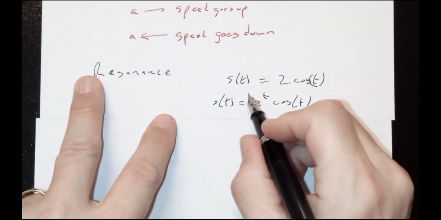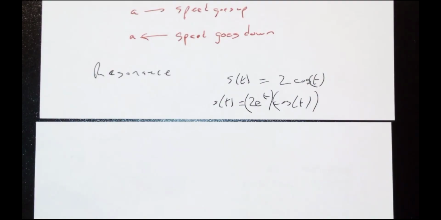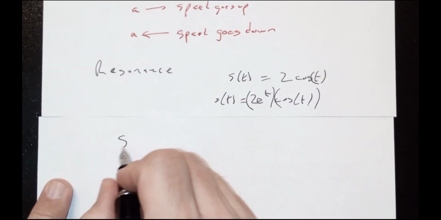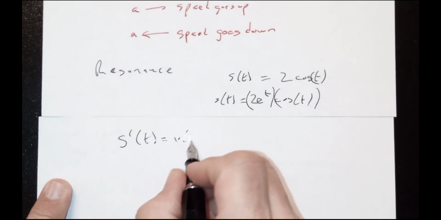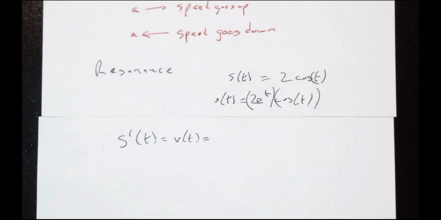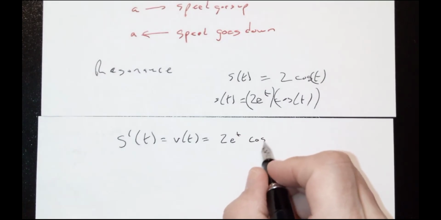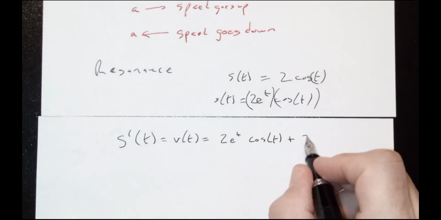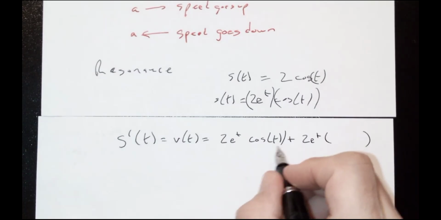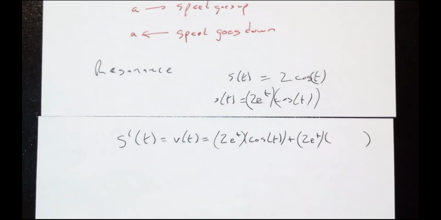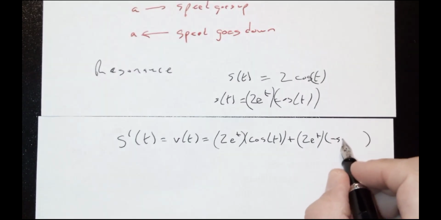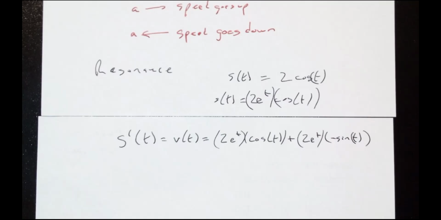I really want to think of this as a product. So when I do the derivative, s prime of t, that's the velocity. What's the derivative of e to the t? Because it's e to the x. If it's e to the x, that's great. So derivative of the first times the second plus leave the first alone and do the derivative of the second. What's the derivative of cosine of t? Great. But also, oh crap,